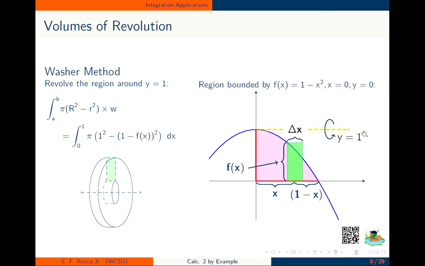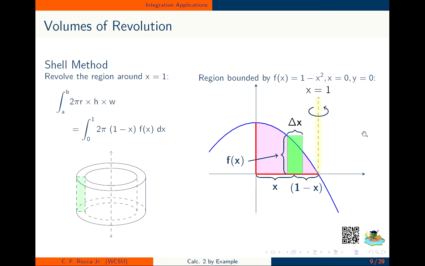Okay, here's one where it kind of looks like a washer, but it's not. This is called a cylindrical shell. Like a washer, I have a circular shape with a hole in the middle. But unlike the washer, the thickness or height of the circle changes. The thickness or height of the circle is going to be the height of the rectangle, which is f of